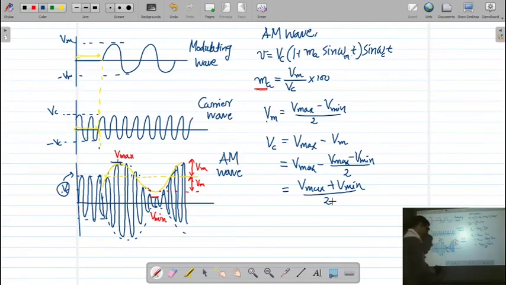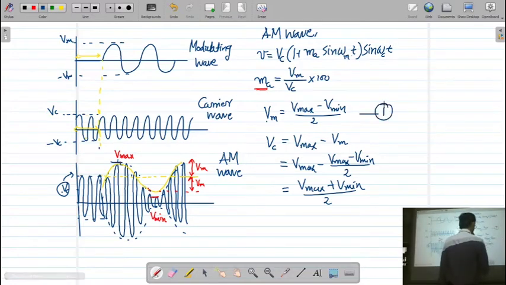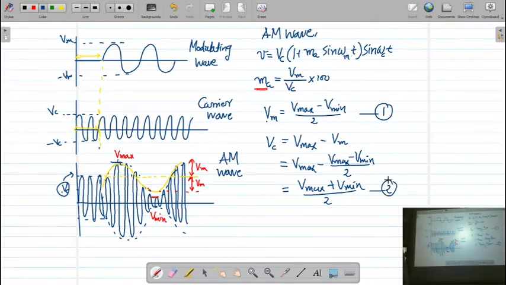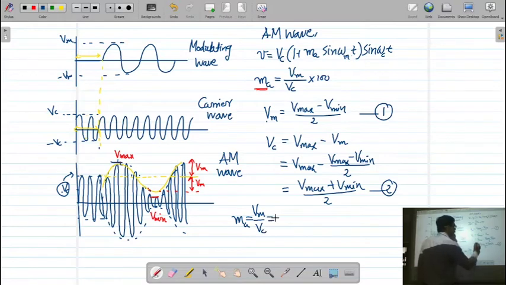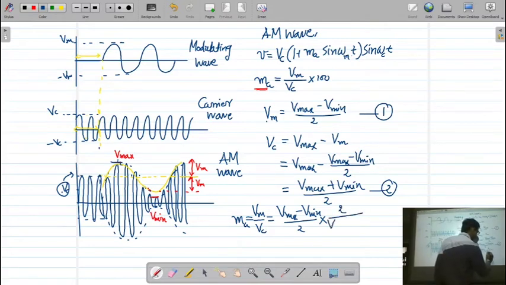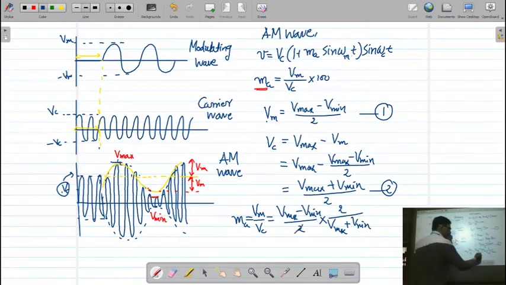So here we have calculated what is the Vm, that is the expression number 1, and what is the Vc, that is the expression number 2. So the modulation index MA is the ratio of Vm by Vc. So here we have V maximum minus V minimum divided by 2. Then we put this value of Vc, so 2 divided by V maximum plus V minimum. And 2 will be cancelled. So finally